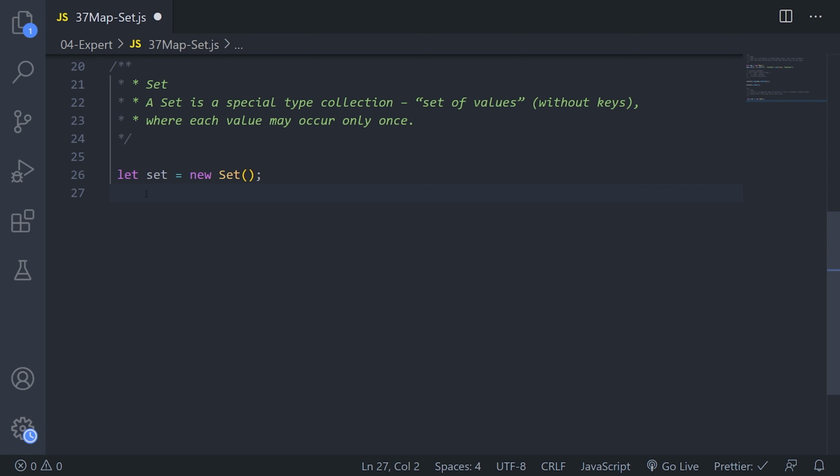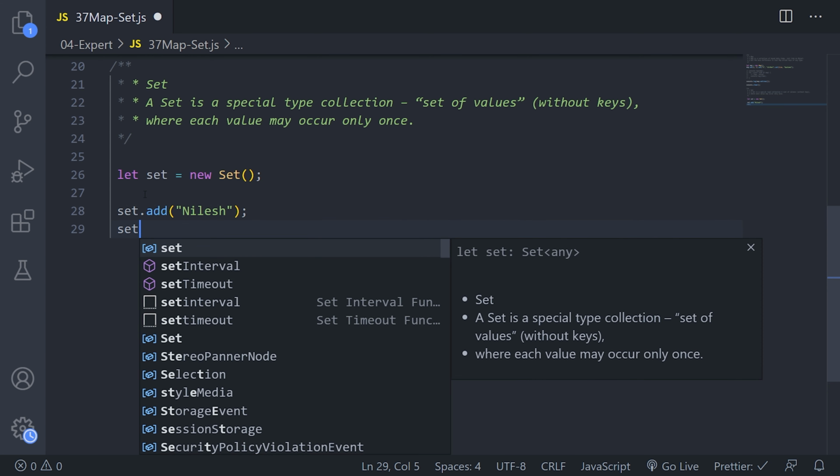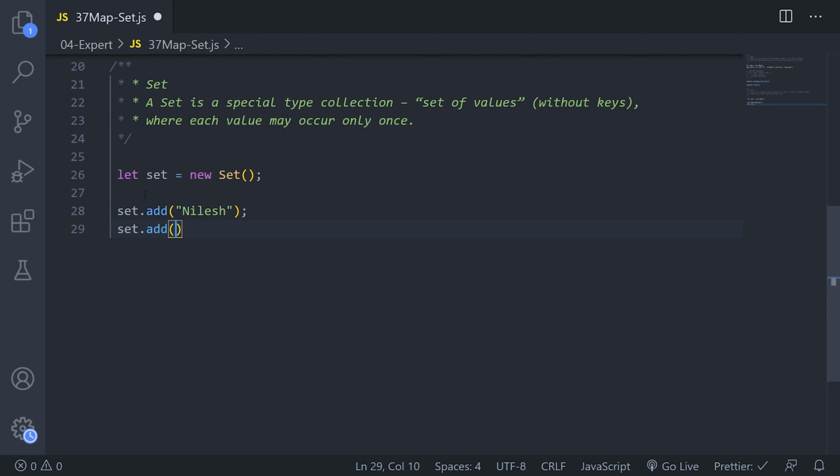This is a set of any type, or if you want to add any value, you can directly use the set.add method here. So I can add, let's say, Nilesh. Okay, and I will again add some other values as well. If I add a number here, let's say 100, and if I run this,